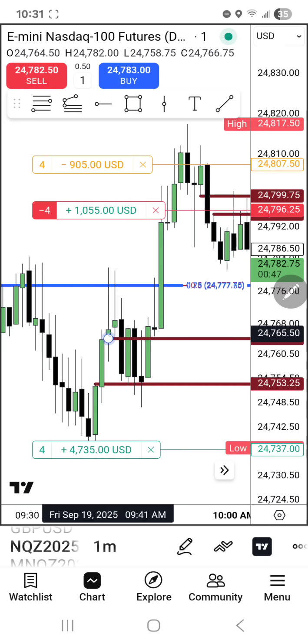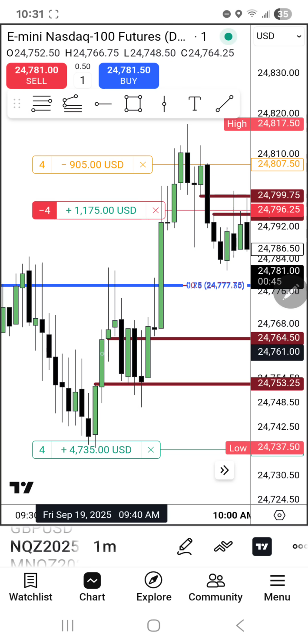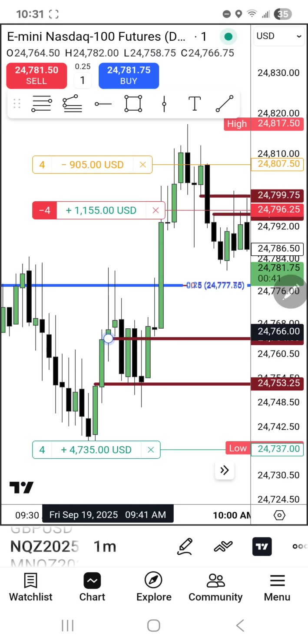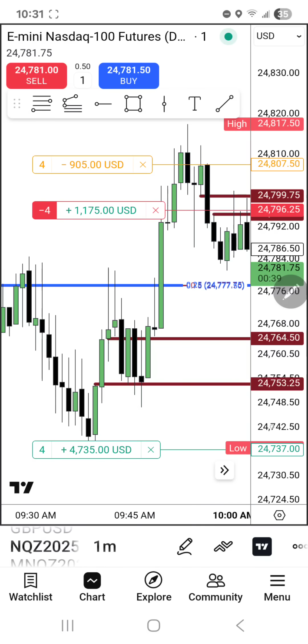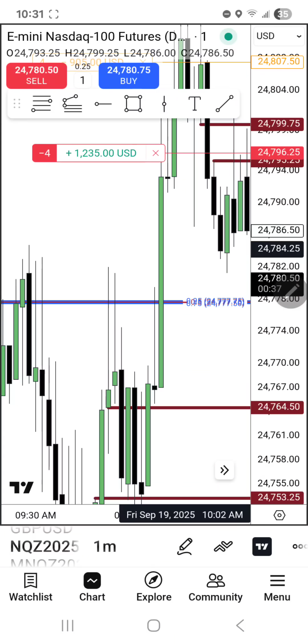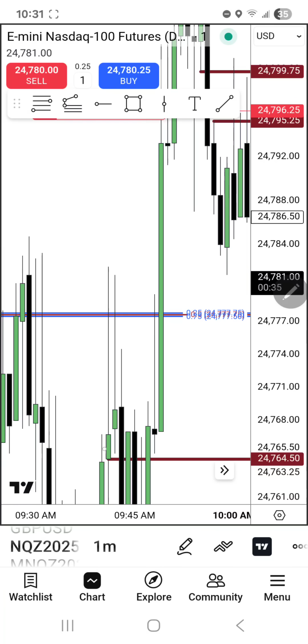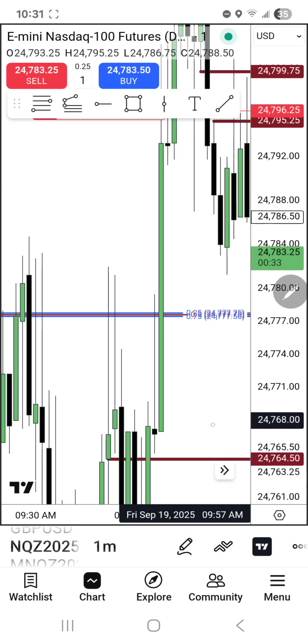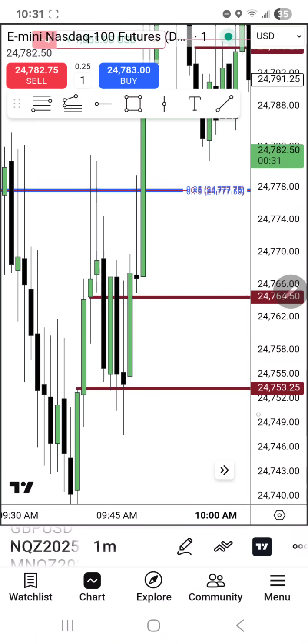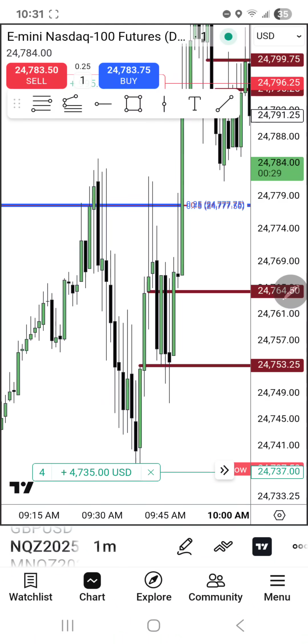Small little... let's see. Just want to make sure. My eyes are very, very old now. Yeah, it's got a small little volume imbalance in here, so that's why I've included that. So here's the first presented fair value gap